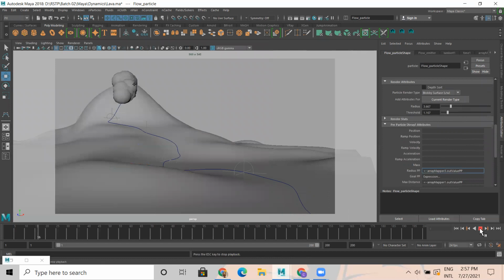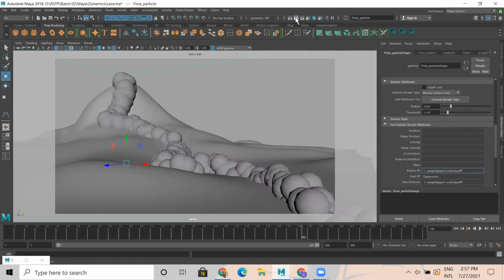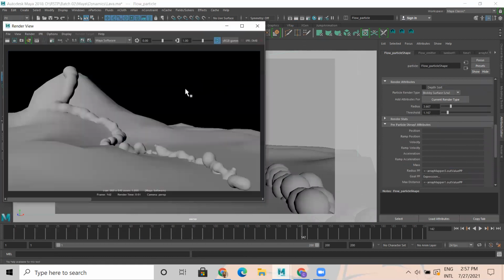I'll play. You can see the thickness. Now threshold is more, we have given more threshold. And let me take a render. Great. We have it something like this. Okay. So if I increase more threshold, merging or mixing will be more.